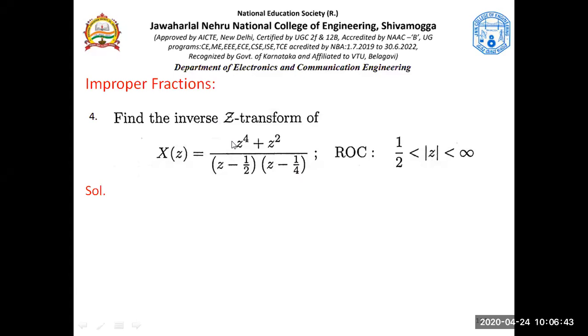which equation is referred to as the improper fraction? Okay, see here in the denominator. Let's go one step further. The rule is always to have a Z in the denominator, right? So let's have that Z in the denominator. How can we do that? You have Z to the power 4 plus Z square, so you can take a Z common and bring it here. Fine. That is what is here.